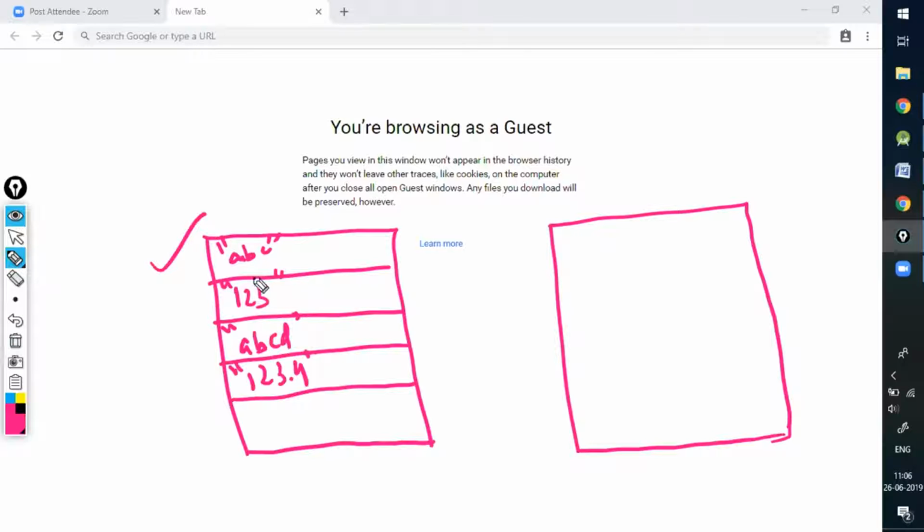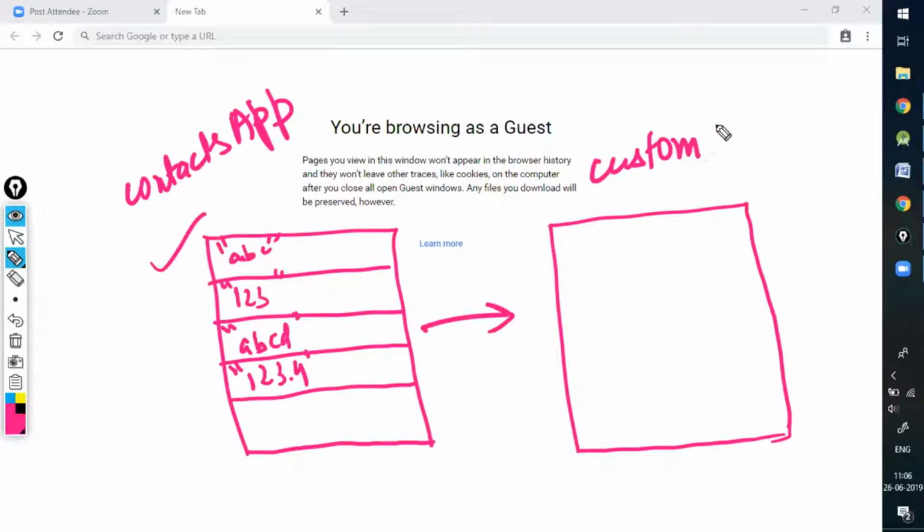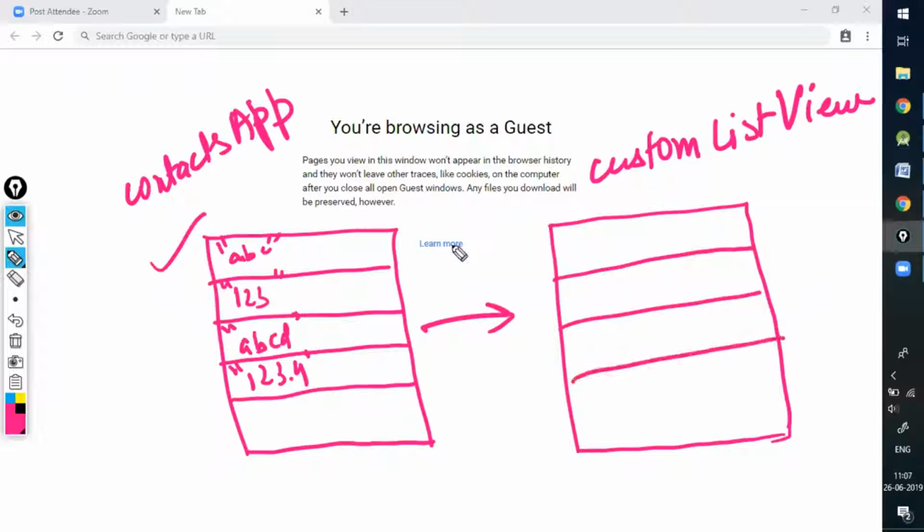Now, list view is something which can be used for showing data. The best example of list view is the contacts app, where you can see the names of persons and their respective contact numbers. Now, the fact is, the contacts app is not just showing you contact numbers and the names of persons, it is also showing you their images. So in today's class, we'll be creating a custom list view. This list view will be having multiple elements to it, and each list element will be having an image.